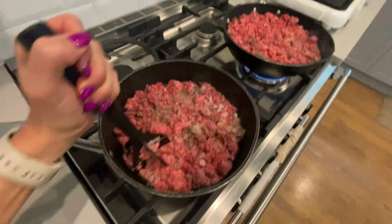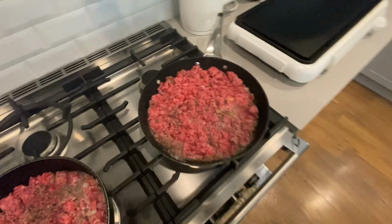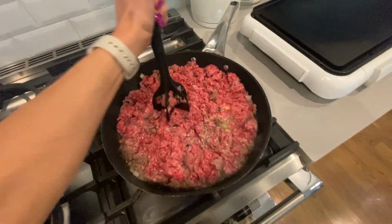With the cost of beef these days, I haven't been doing as much lean ground meat or extra lean. Sometimes I'll buy ground chicken, but I find